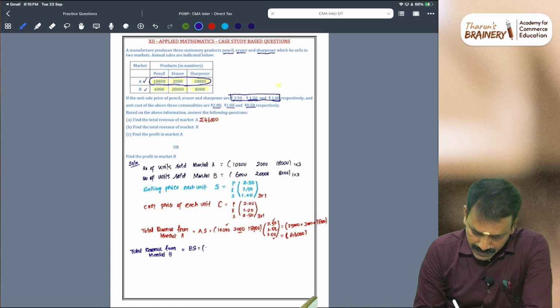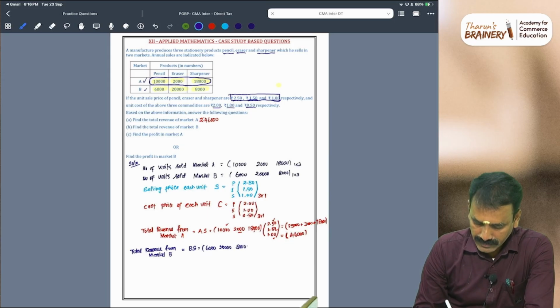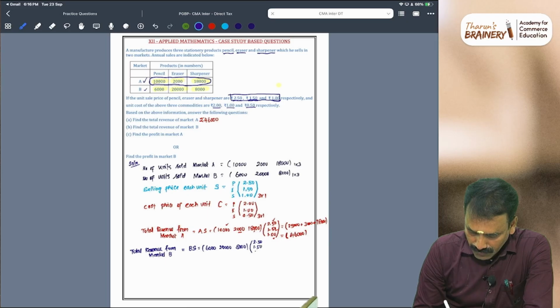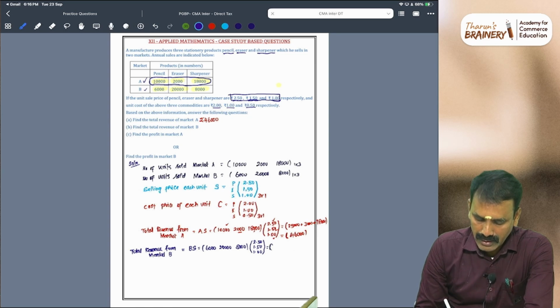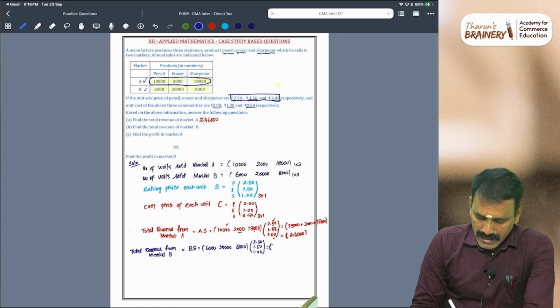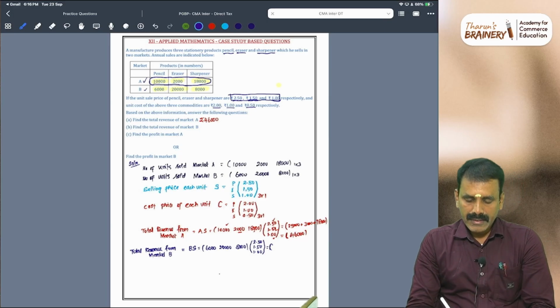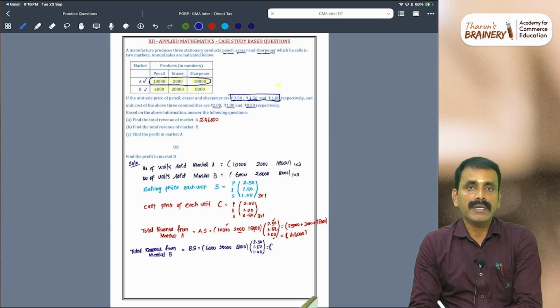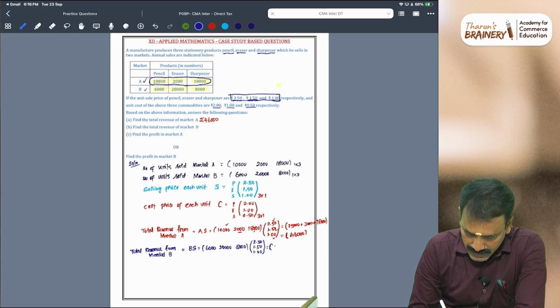B matrix is a row matrix, 6,000, 20,000 and 8,000. It is going to be multiplied with the column matrix 250, 150, 1 rupees. So, again we are going to use the same method of multiplication, row element with column element. Is it clear? 6,000 units multiplied with 250. On multiplication, 6,000 times 250, we are going to get 15,000